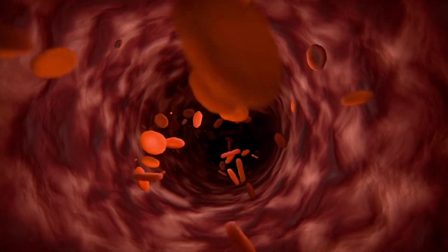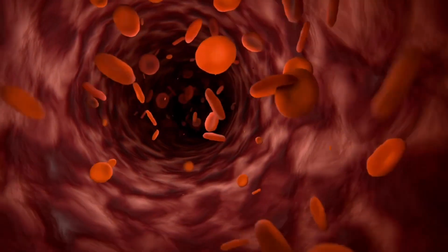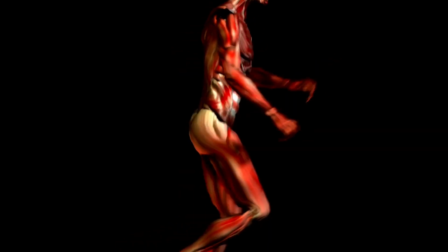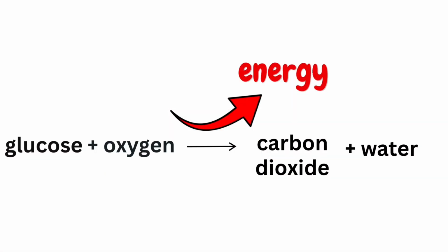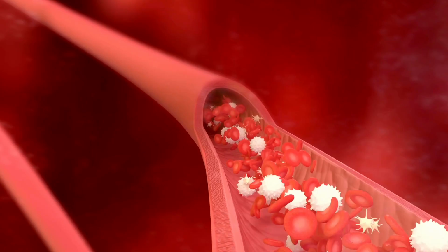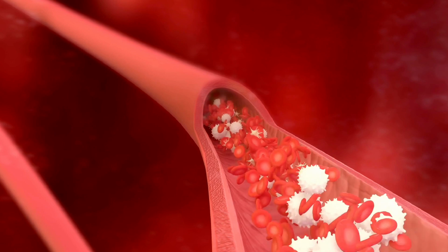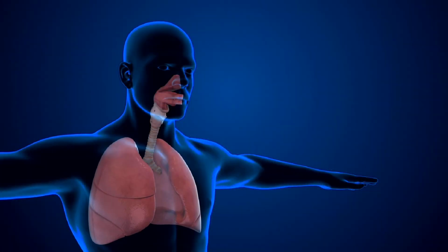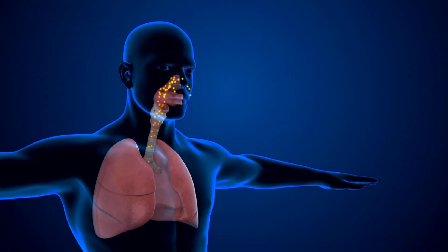As the blood flows through the muscles, oxygen diffuses to the muscle cells. The muscle cells use this oxygen to carry out aerobic respiration and release the energy from the glucose. This all happens in the mitochondria of the muscle cells. Carbon dioxide is also produced as a waste product. The carbon dioxide is carried back to the lungs through the bloodstream, and Lewis exhales, or breathes out, carbon dioxide.